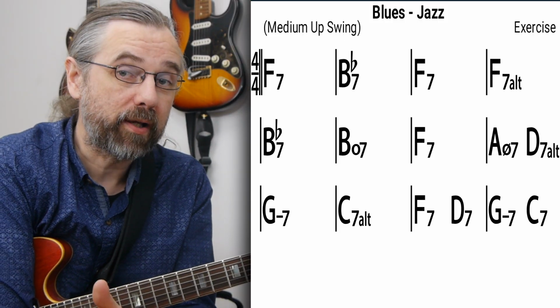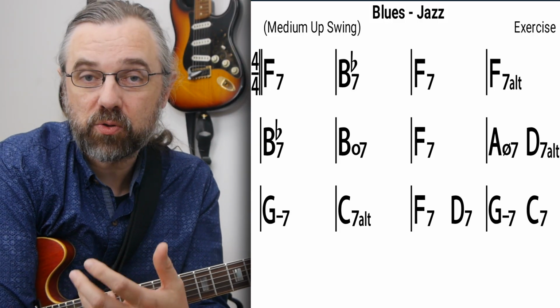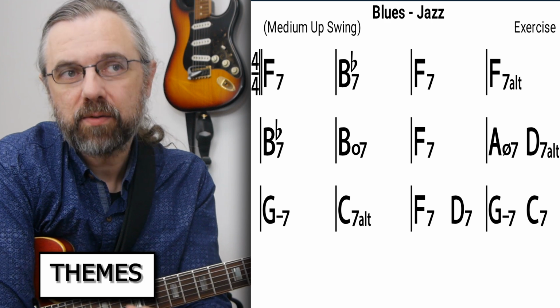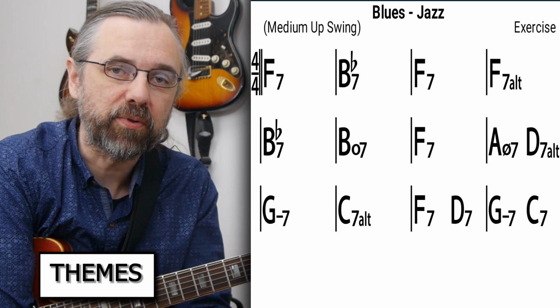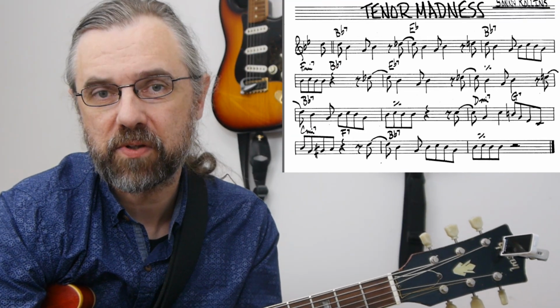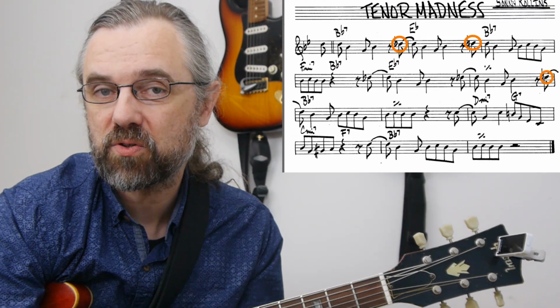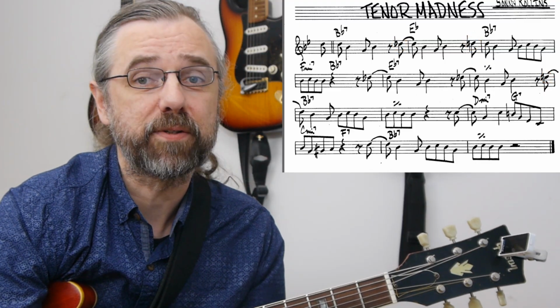When you start working on the 12-bar blues, then make sure to also learn some themes, and make sure to also take some themes that are really clear about the changes, because that's really going to help you. If you have a song like Tenor Madness that really tells you, okay, now we're on this chord, now we're on this chord, then that is really going to help you hear what the difference is between the chords, and it's going to make it easier for you to improvise over them and really get the changes across in your solo, which is something that can be very difficult in the beginning.